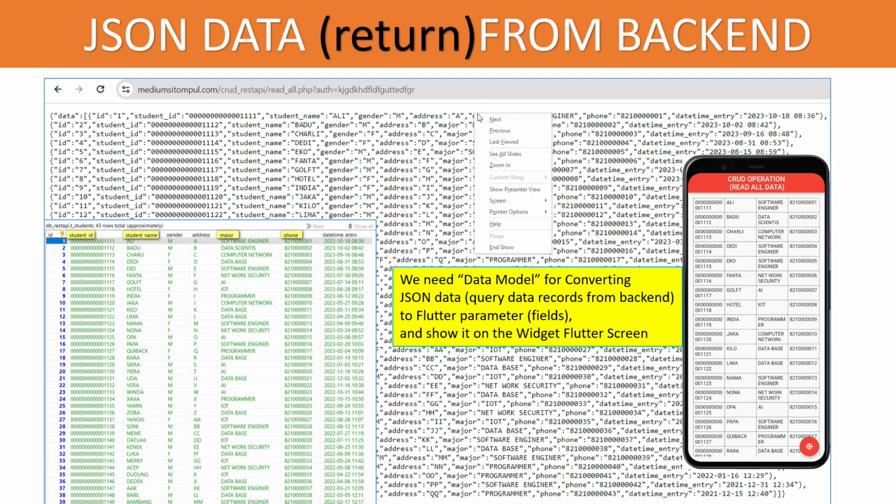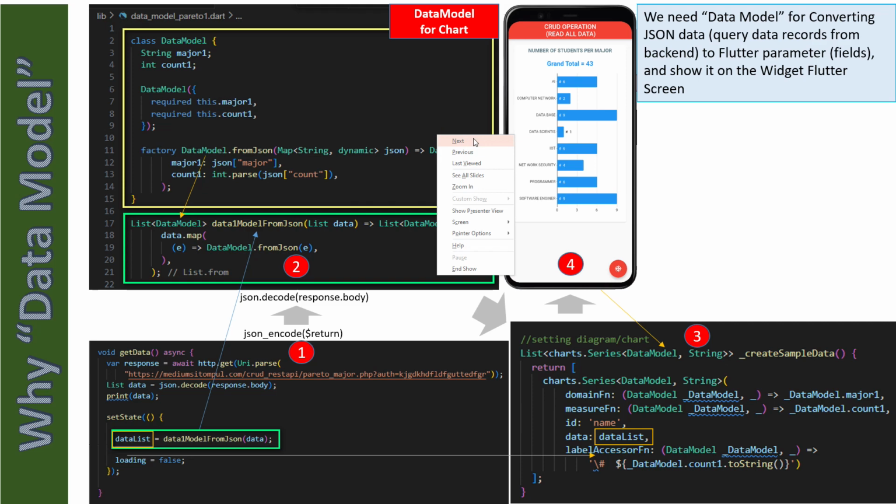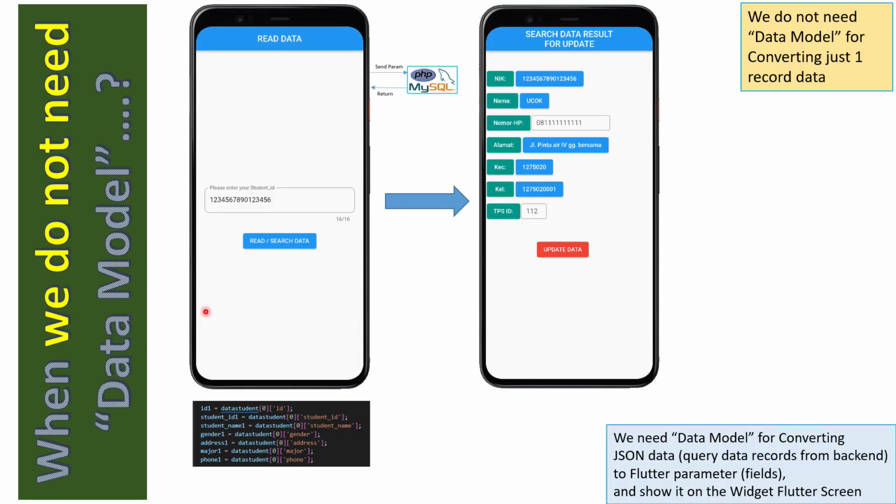Now we have mentioned all the data. This is why we don't need the data model if we convert just one: we can directly convert from the record to the field.